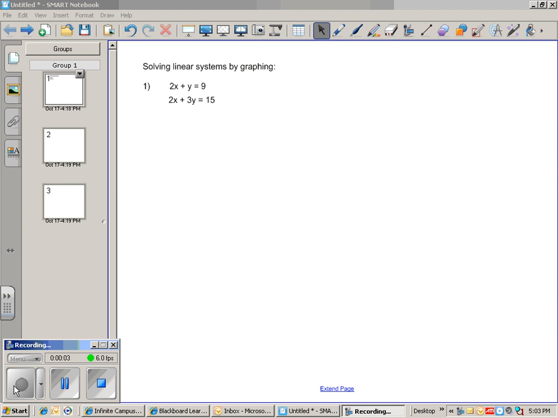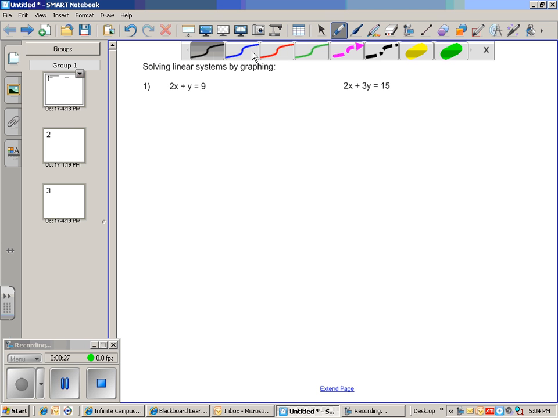Okay, our goal here is to solve linear systems by graphing. This is one of the methods that we can use given two linear equations. We can solve them by graphing on a coordinate plane. The first thing you'd want to do is take each equation and write them separately, side by side. The goal for that is now we can get each equation ready so we can solve them for y,